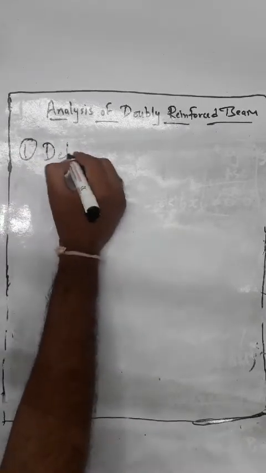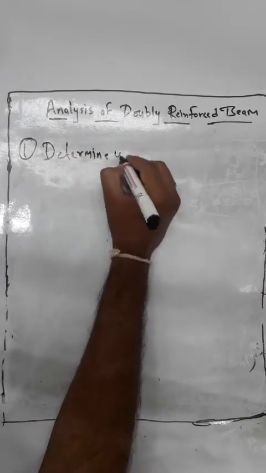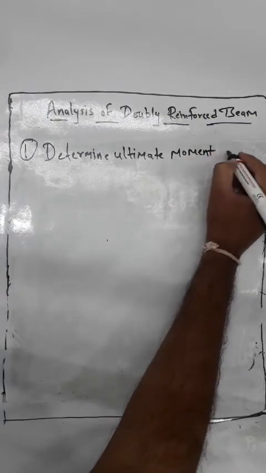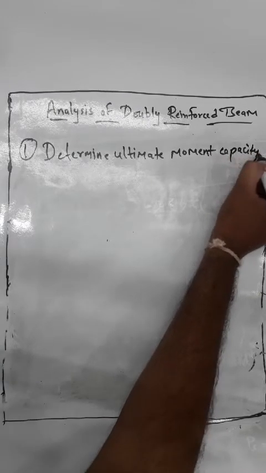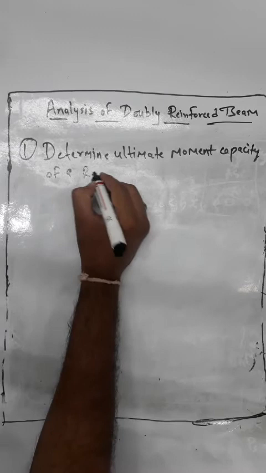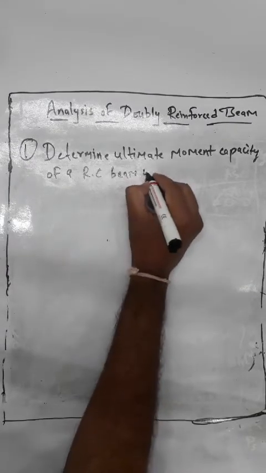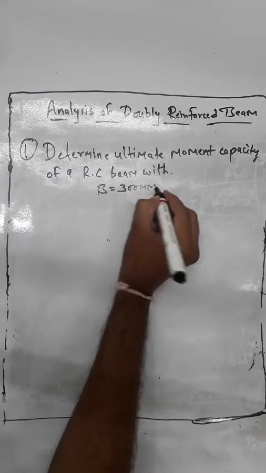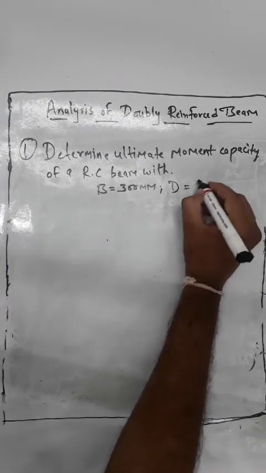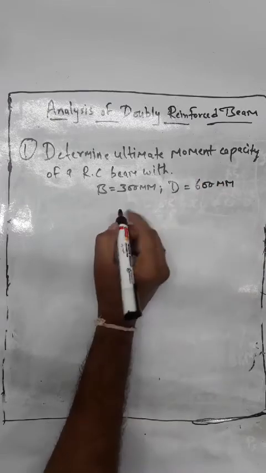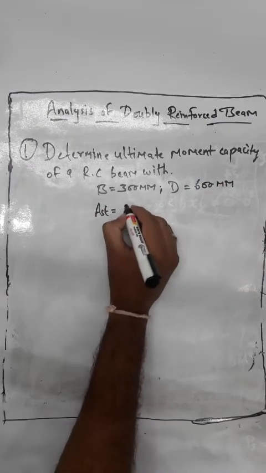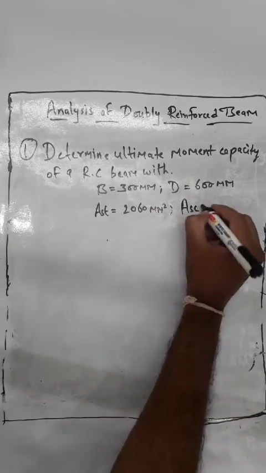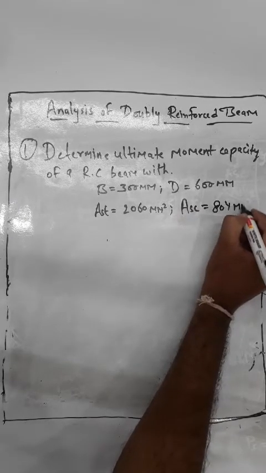In this problem we have to determine the ultimate moment capacity of an RC beam with B equal to 300 mm, capital D equal to 600 mm, AST equal to 2060 mm square, ASC equal to 804 mm square,